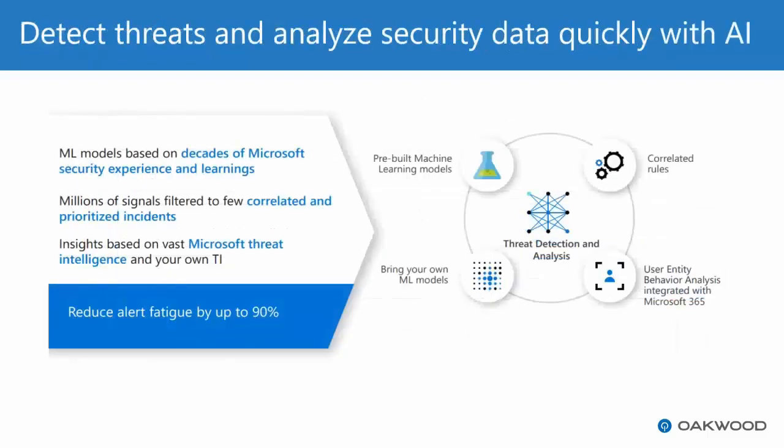And then detecting threats. This is very much exactly what's going to be going on when you hit that analyze phase. When you hit that analyze phase and the data is already in there, I mentioned the machine learning and AI, and some of the stuff we did cover on previous slides. But one thing I do want to call out is that big point there in blue: reduce alert fatigue